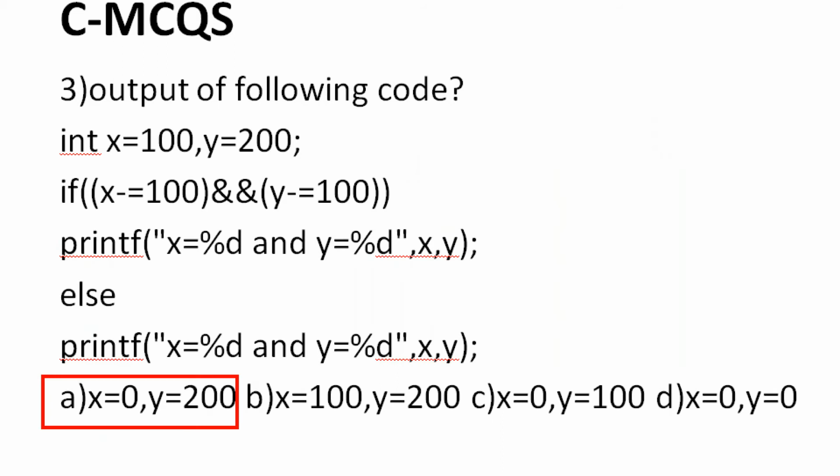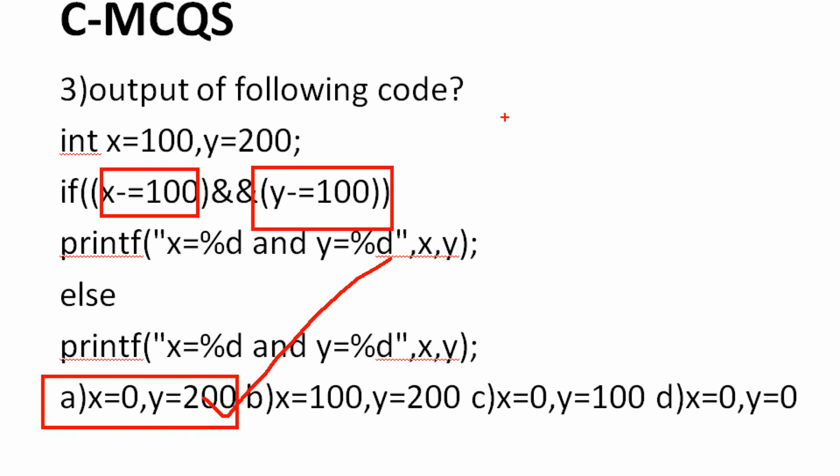Most people are confused; they assume that x is 0 and y is 100, so false and true, false, then the else block is executed, but the thing is that y is not modified. The special case in the AND truth table: first I am writing, even if the first one is false, overall result is false. The first one is false and the second is true, overall result is false. This is the special case.